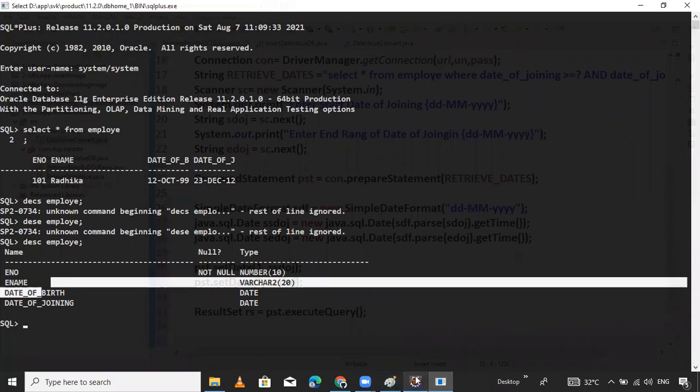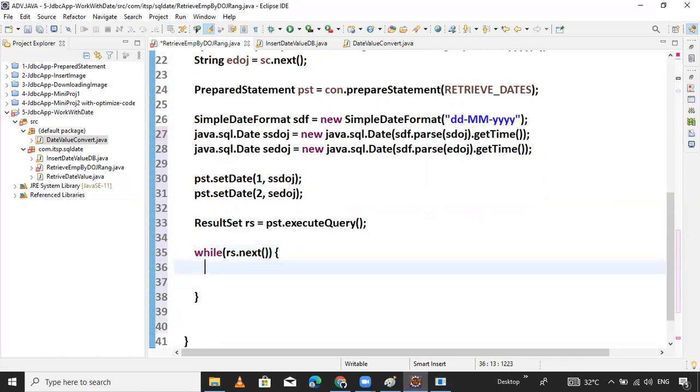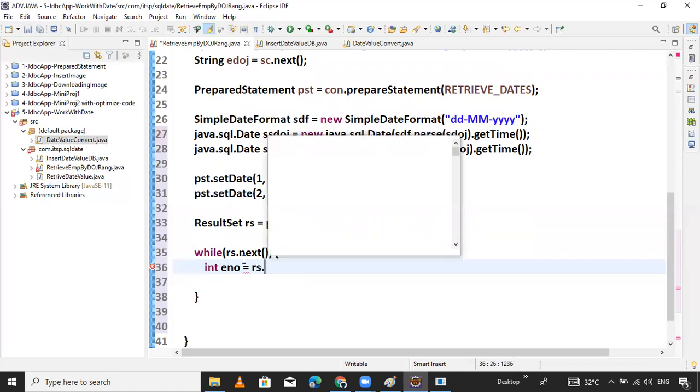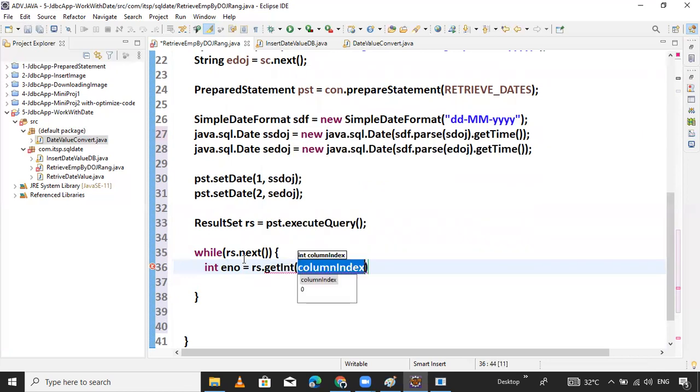I want to process all these things using a while loop: while rs dot next method is there. Inside this, int employee number equals rs dot getInt, passing index 1. That's it.